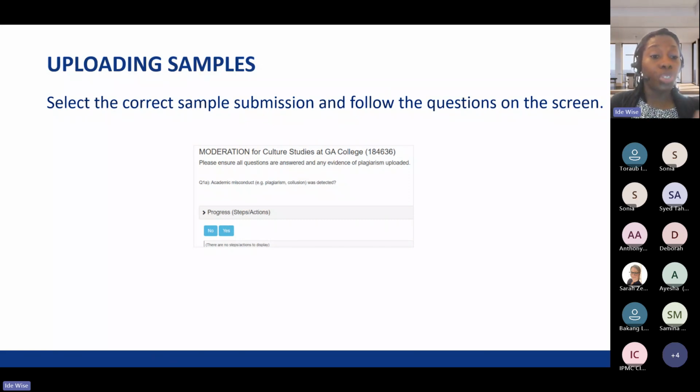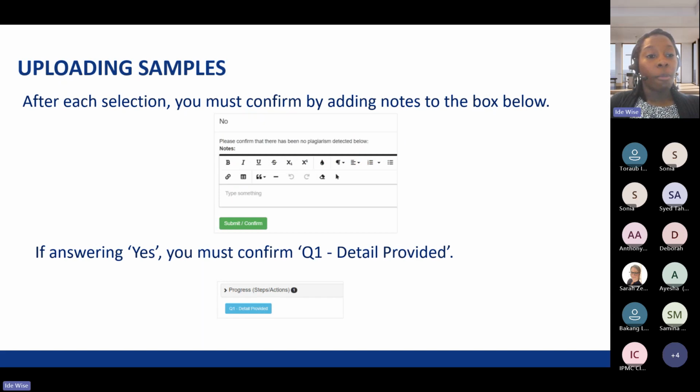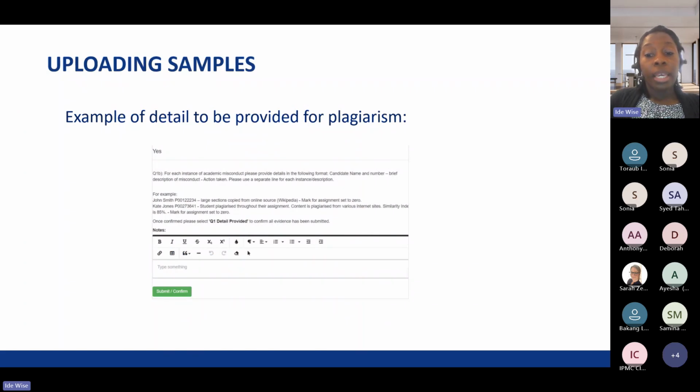You would choose yes or no. And if you've chosen yes, you then must provide detail about what it was that you discovered. If you put it through Turnitin and the similarity report is over 20%, then you must answer yes to that first question.